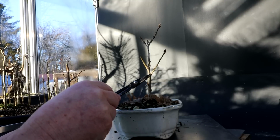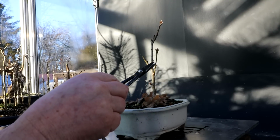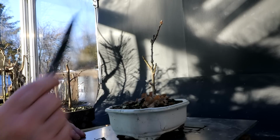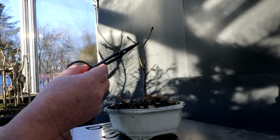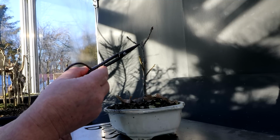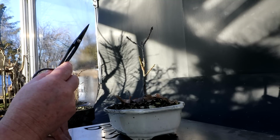I've got a bud way back down here. I've got one here, one here. So I think I'll go just above this one, like that. Then going up, I have some buds here. These are fine. This one isn't very big. These terminal buds here are quite large. So I'm going to